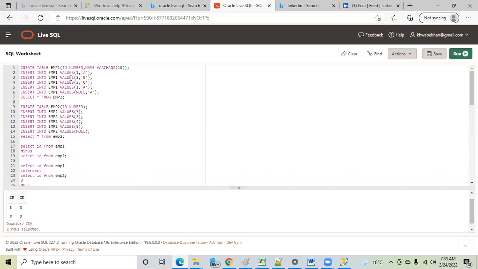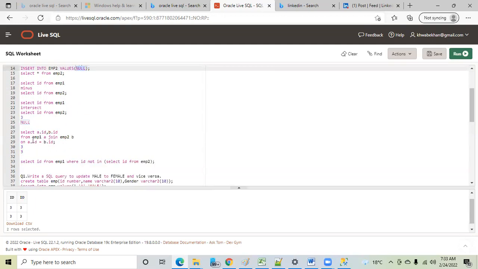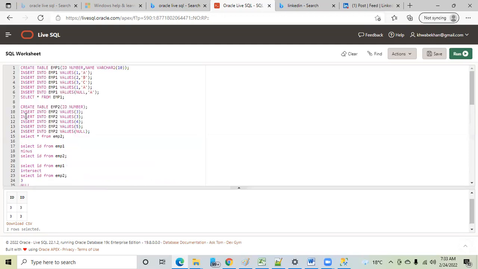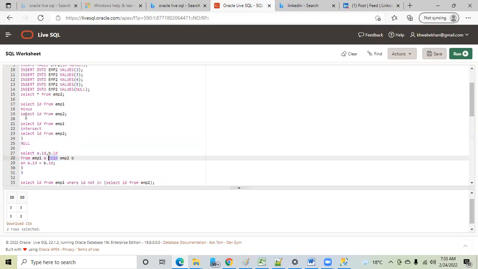If you see in imply 1 and imply 2, you have null records. But while joining, join has not considered the null records. This is very important. Long back, I think 2 to 3 months back, I posted the same question on my LinkedIn post. So joins will not consider null, guys. But intersect will consider null. First difference. Second difference, join will consider duplicates, but intersect will not consider duplicates. Okay, is that clear?